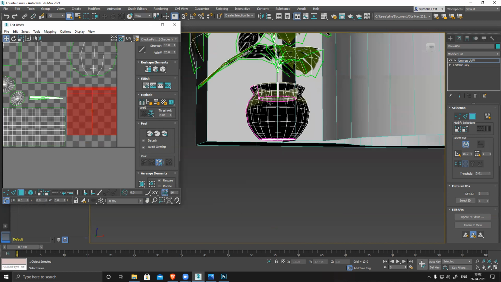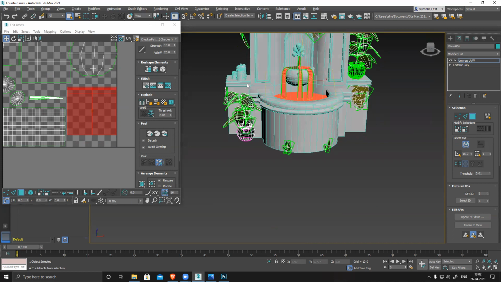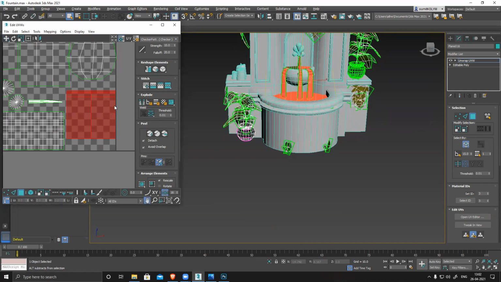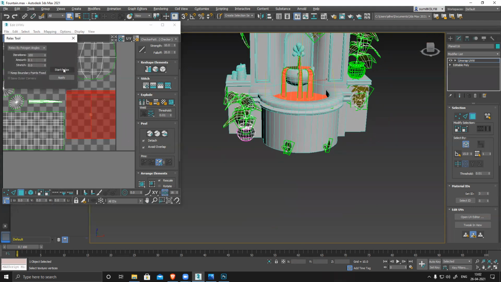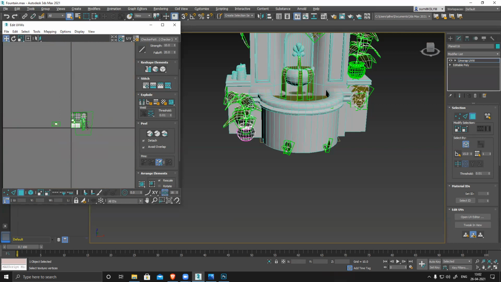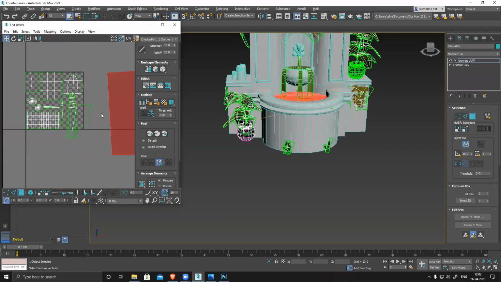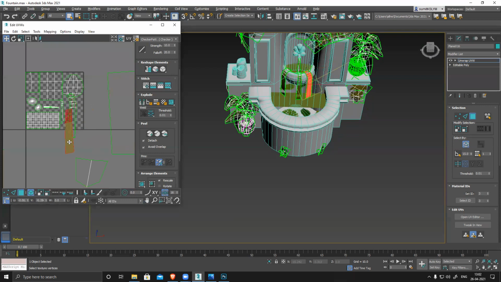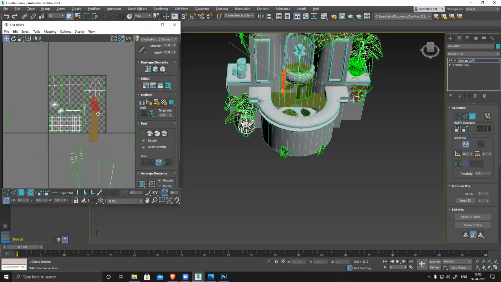And this is all the water thing. This I can select and right click, relax, relax. The big plane. This section, and this is my one strip, two strip, three strip.